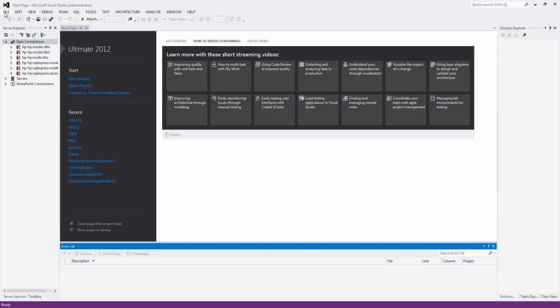As you can see, as soon as I select the File option, it shows me new options. From here you can create a project, website, team project, or file. This one is used to open any project, team, website or file. This one you use to close your current project. This is to close your solution completely. This one is to save selected items. This one is save as, and this is save all, if you want to save everything.